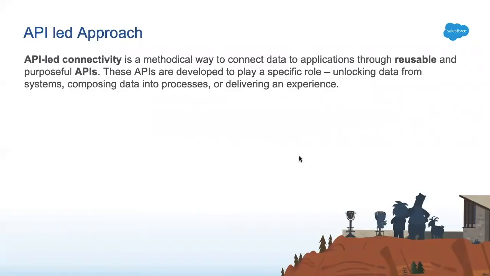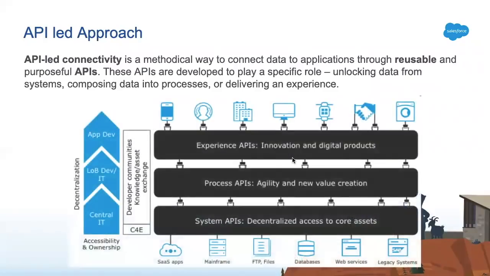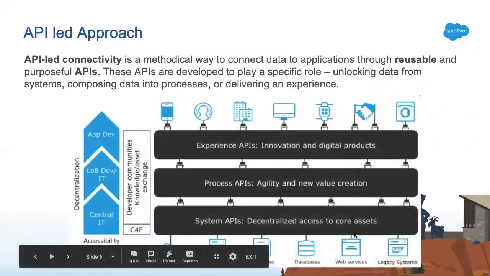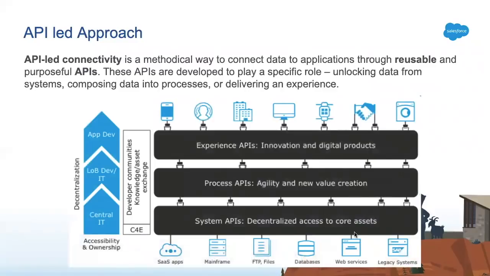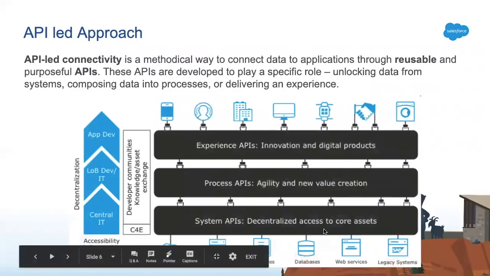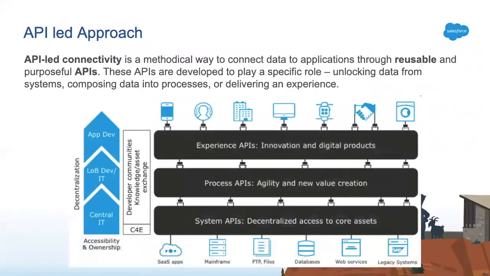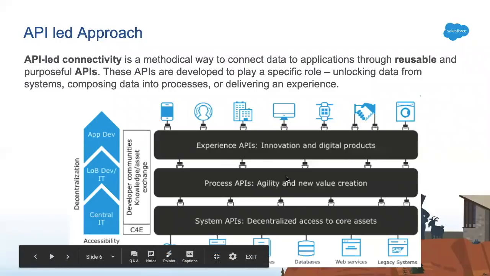So what Salesforce or MuleSoft suggests here is to divide all of your integration into 3 layers. The first layer is the system layer, or system API. This layer will directly connect with any system you want: Salesforce, SAP, the database, anything. That should be the only job of that layer. That's it. Do not write any logic there. Now you have one API. Now create another API, which is known as a process API.